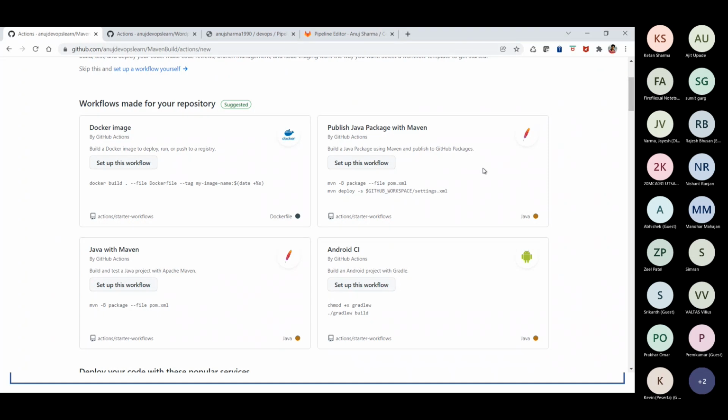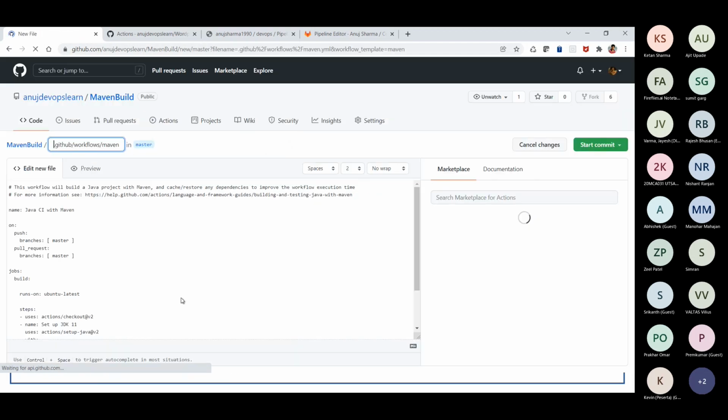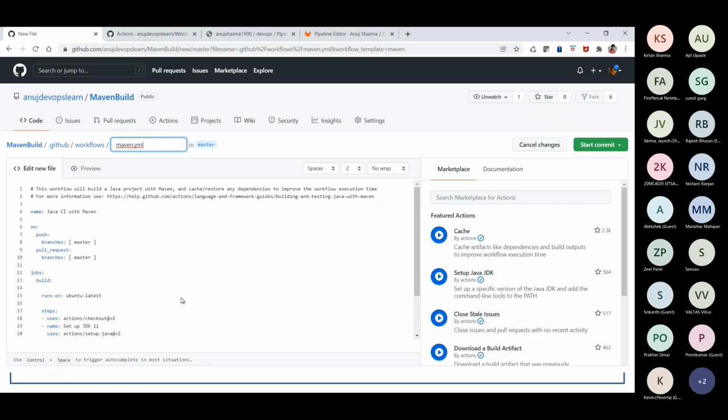Now, when we are going for the executions, I'm going to select that I want to go for this workflow. We don't call it a pipeline here. They use a different kind of terminology, but ultimately it's the same thing. There is no difference in this one. So I'm going to set up this workflow. When I click on this, a pipeline content will automatically be provided to you. This pipeline content tells you how the configurations and setups can be done, and you can make the changes over here.